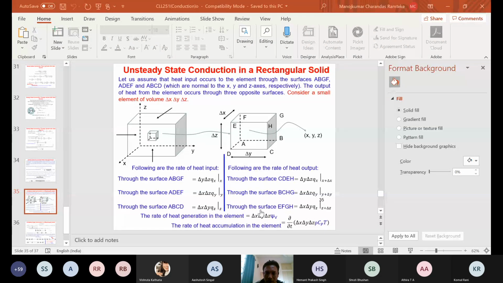Sir, can you please provide the slides after the lecture, after every lecture? Once we complete a particular topic, that entire slide I will upload. For example, once the conduction part is completed and I move to convection, then the entire conduction